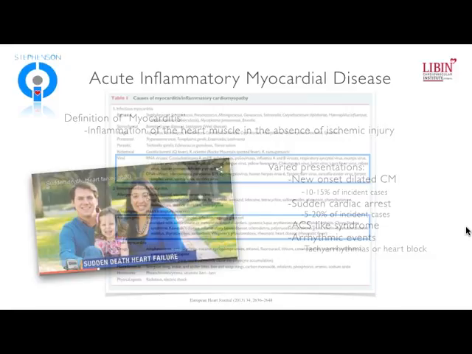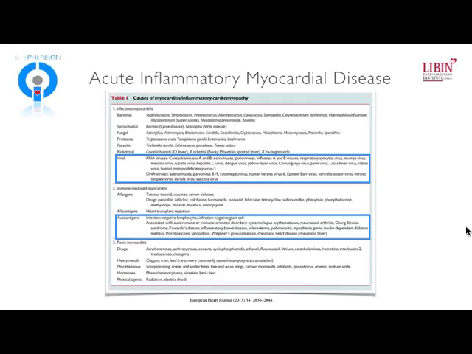But that's about 10 to 15% of incident cases of dilated cardiomyopathy. So it's a significant prevalence in the new onset heart failure community, but also about 5 to 20% of incident cases of sudden cardiac arrest, this unfortunate person having both at the same time. But it can also present like an ACS, or acute coronary syndrome-like presentation, which we'll talk about later. Those people typically have a higher prevalence of imaging findings, certainly on MRI, and can also present with arrhythmic events such as tachyarrhythmias, VT, or in some cases heart block.